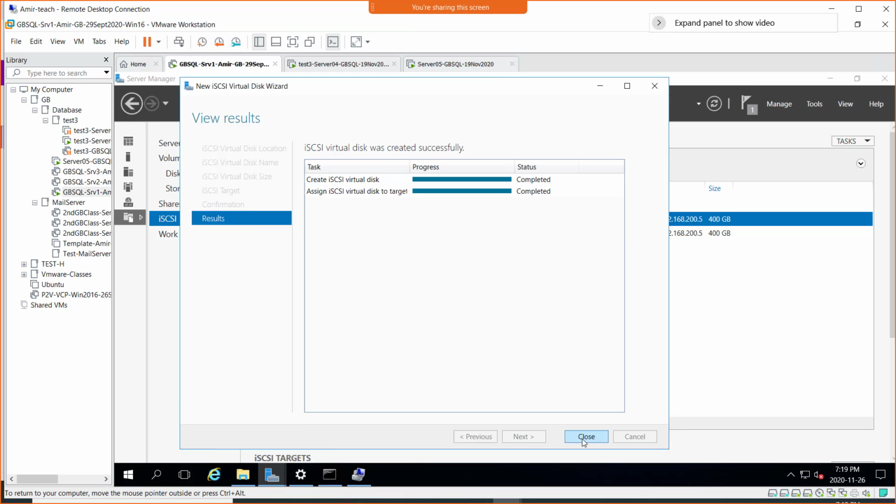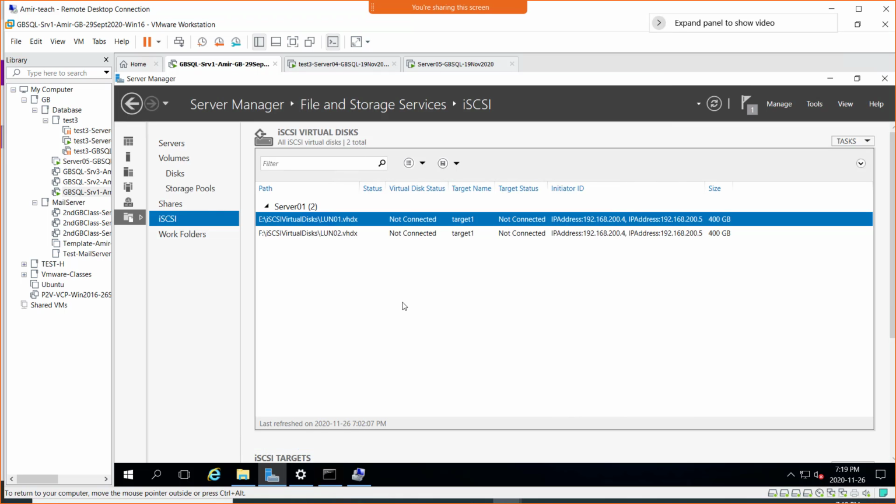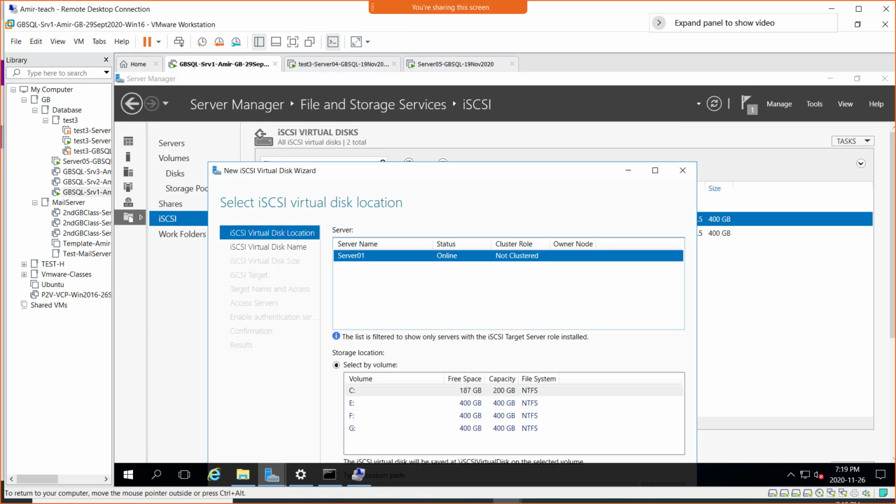Or if you had 5, 10, 20, 100 disks as well, you could have added this way to the same target. So initiators, when they request, they will get whatever disks have been attached here. We're going to add the third disk here to the same target. I'm going to right click here and new iSCSI virtual disk, and